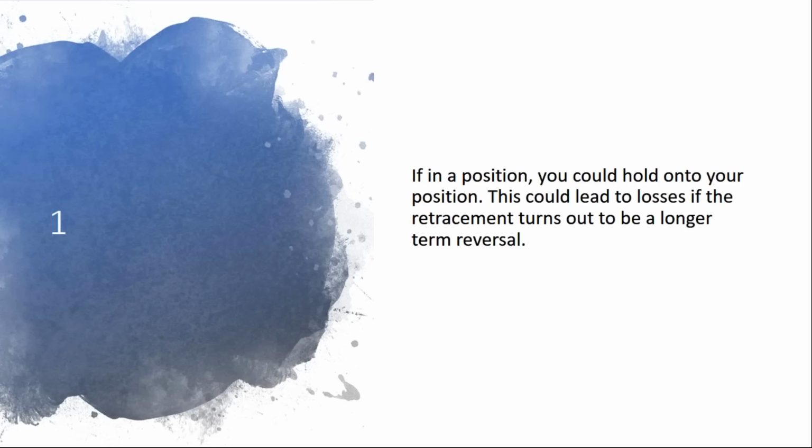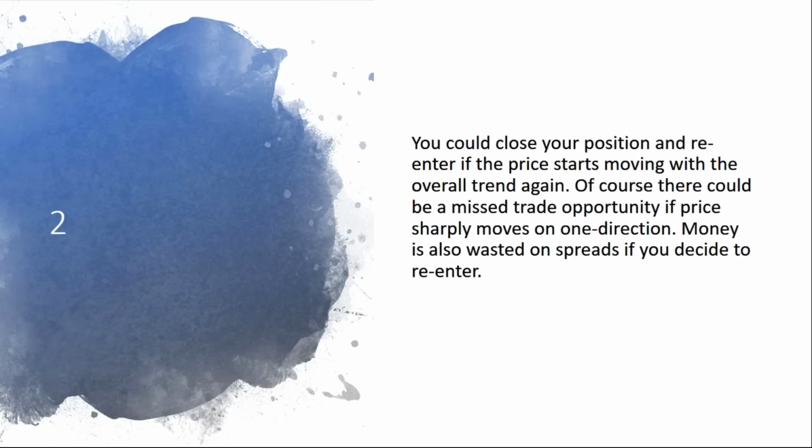So it is so crucial to enter the market at the right time, not exiting the market, but entering, because if you entered it when the retracement had verified and bounced off the trend and bounced off the lower low and started to make the new highs, then you could have ridden it up to the top. And then if it goes into that retracement, depends on how steep it is, but when it comes down to where you entered the right point, that means it is now breaking that trend line. So you know you're in a reversal. So you could close your position and re-enter if the price starts moving with the overall trend again. So this is one objective.